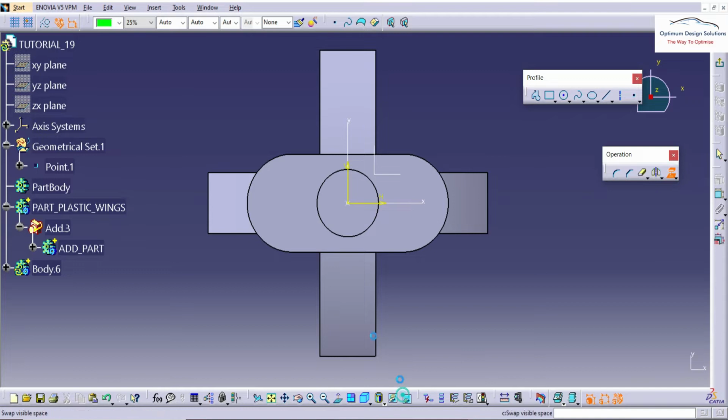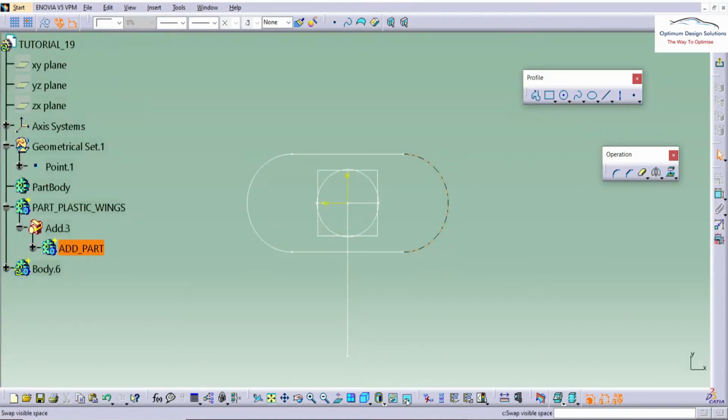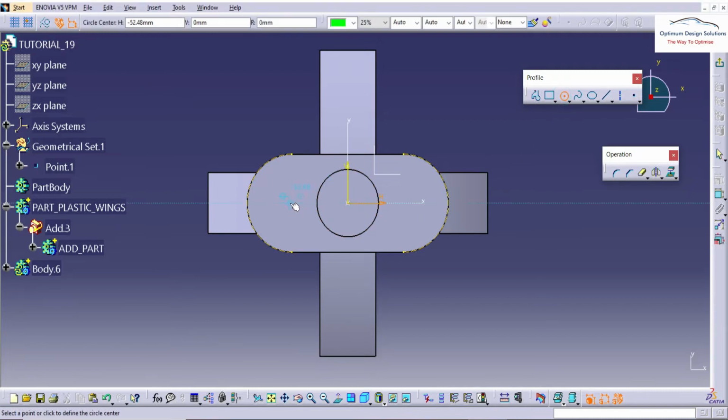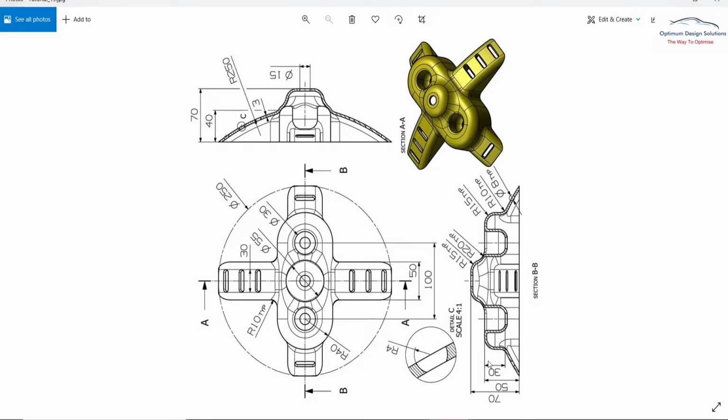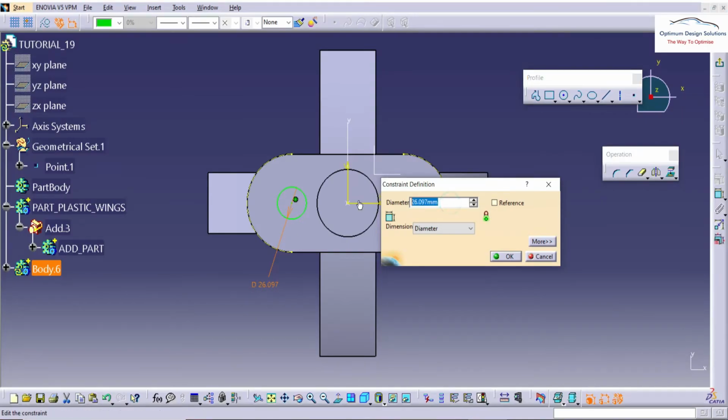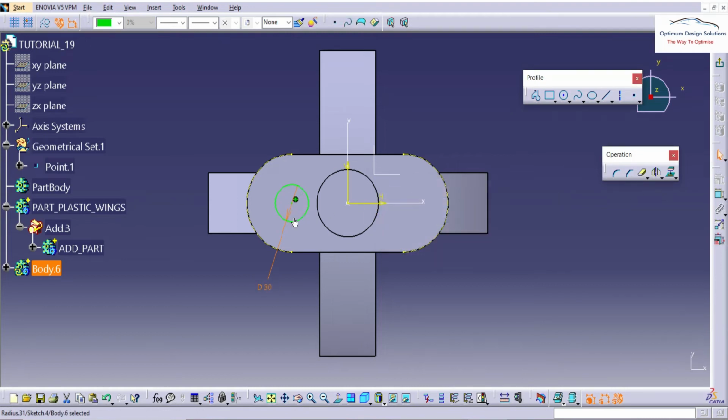Now let's draw those 2 circles which I already showed on the 2D. Before that we'll take a reference. We know that both of those circles are symmetric to each other, and they coincide. The center to center is matching with respect to the center, and for the dimensions we need to go into the 2D. Here we can see a 30 mm diameter.